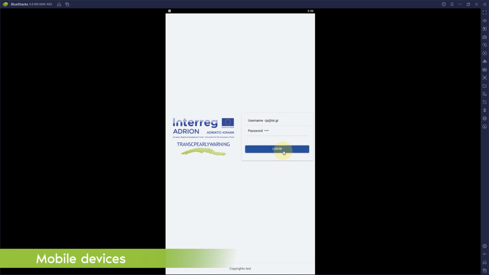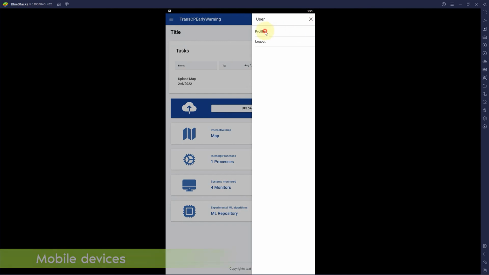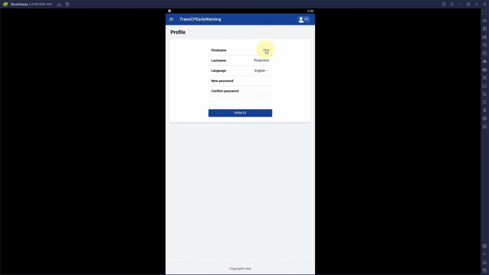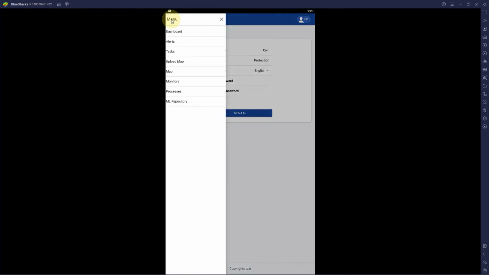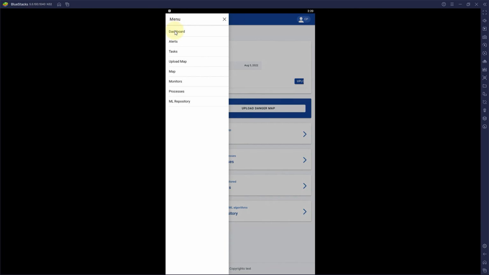Access to the platform can be achieved also on mobile devices. The main menu appears by clicking on the top left corner. The User Profile section is situated on the top right corner. The list of tasks and calendar feature are situated on the top and module cards can be found below. The contents of each module appear in the same way as for desktop devices. Users can go back to the home page anytime by clicking on Transip Early Warning on top left corner next to the menu list or by clicking on the Dashboard tab within the menu list.